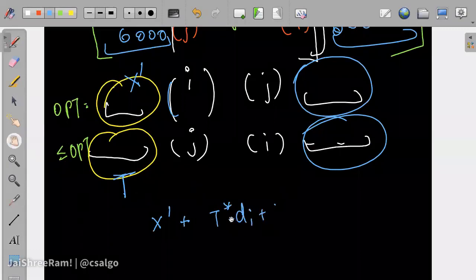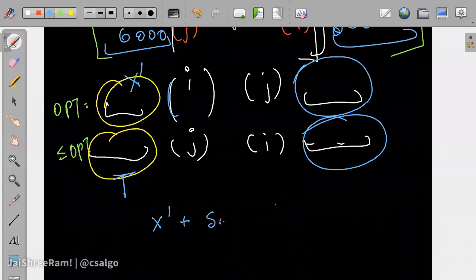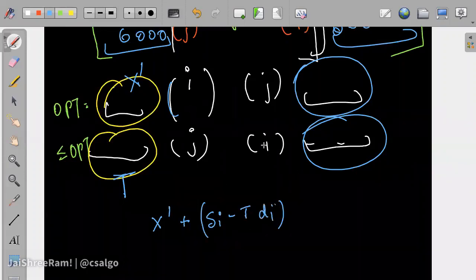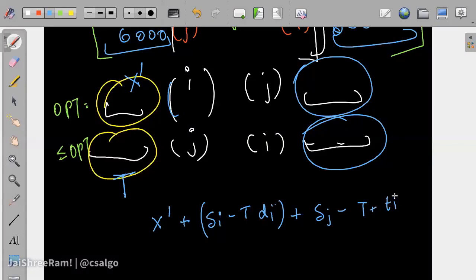For the ith item, the decay would be equal to t times d_i, because you reach the ith item at t, so that much time has already elapsed. So you have s_i minus t times d_i for the ith item, plus s_j minus t plus t_i times d_j.